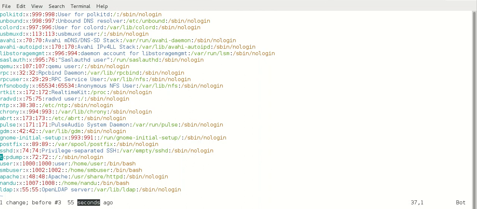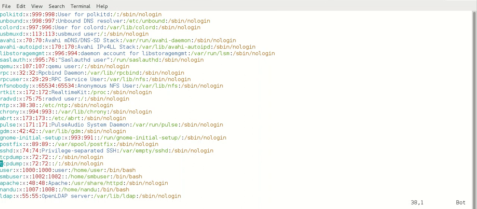The cursor is at the tcpdump position, we have copied the tcpdump line, and at the cursor position I am going to press p for paste. See, this is my original line which I copied, tcpdump is the main line, and the same line I copied is pasted below. So this is copy and paste in command mode.